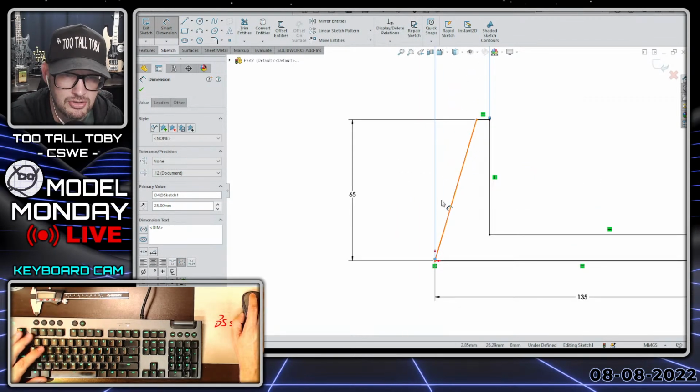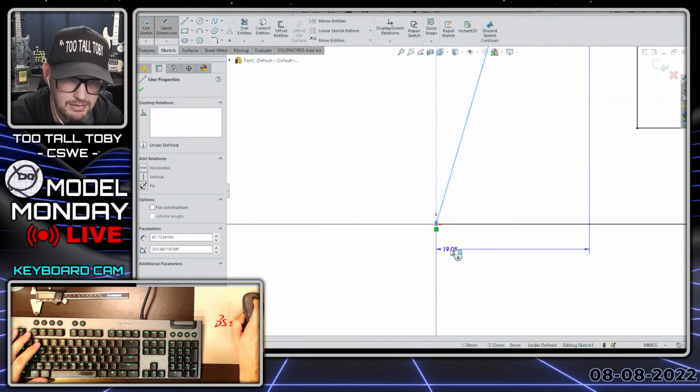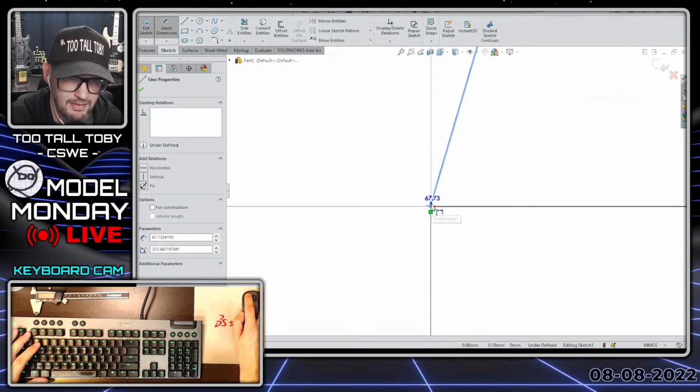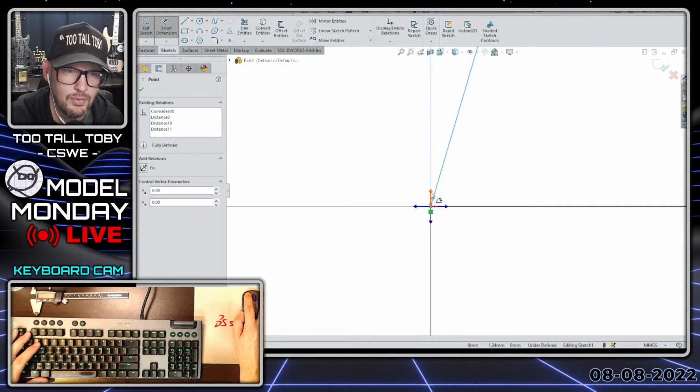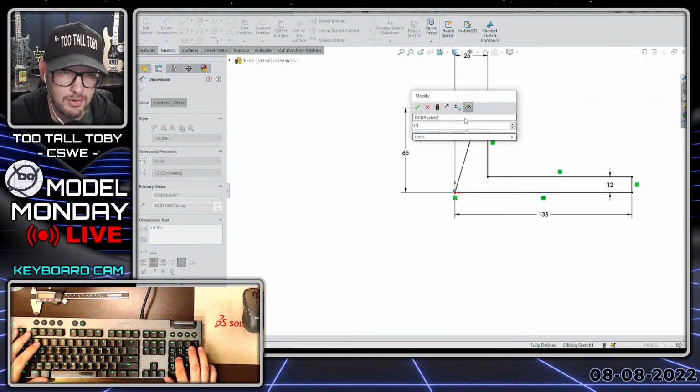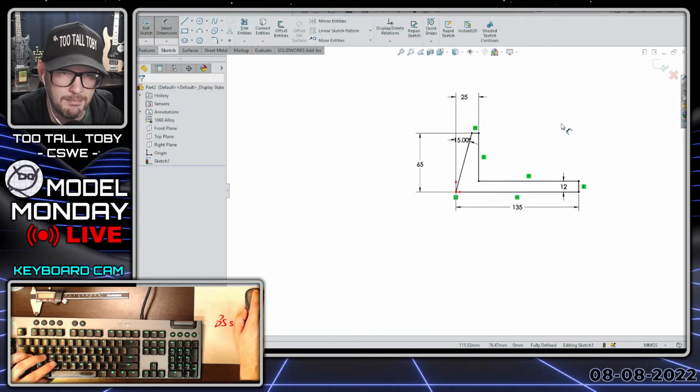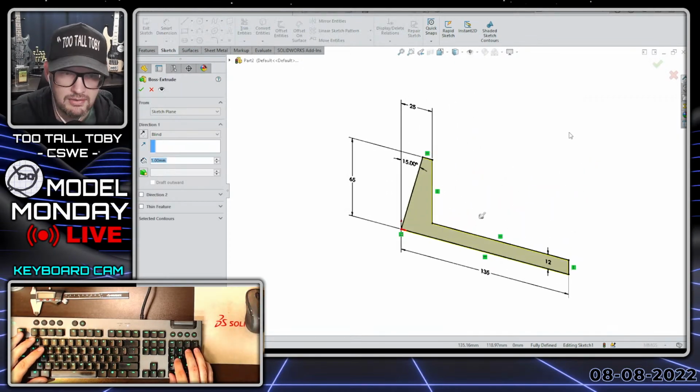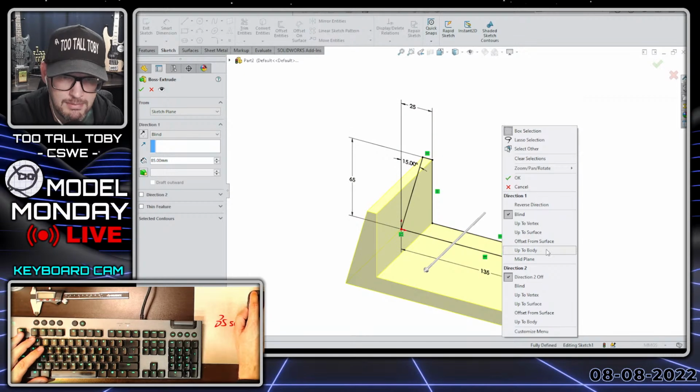angle at that location, which we could do with the magic dimension arrow if I can somehow catch that edge of that line. I don't know if I'm going to be able to. Oh, I did. Look at that. So we can use the magic dimension arrow. I think I made a video about that last year at one point. S key, extrude, and that's going to go out to 85, and again that's going to be mid plane, and